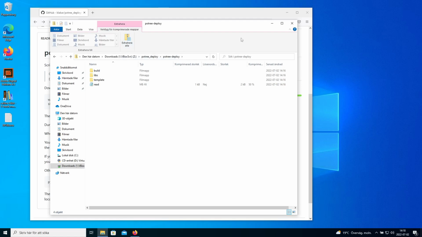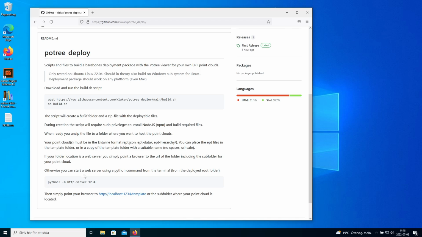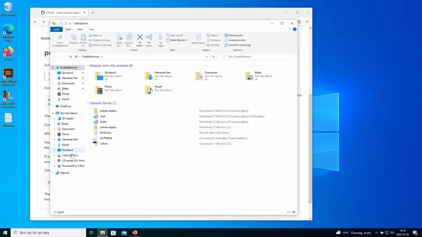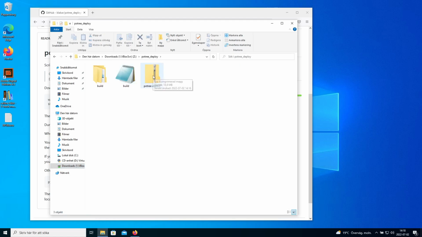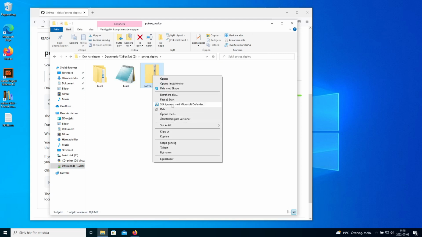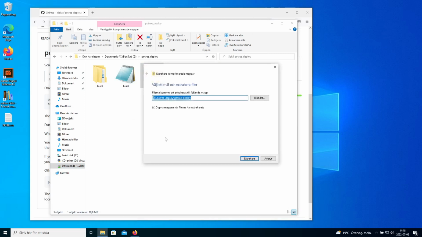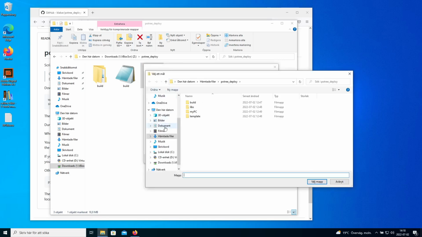So you can do it like this, extract. Let's see, Potree deploy. Usually just right click and extract all. And then I can select the location. And I want it to be on my,